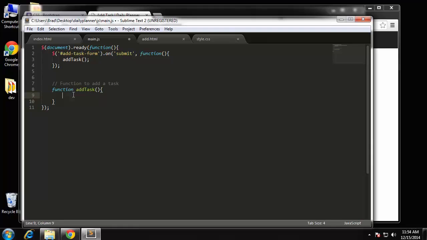And the easiest way that I can think of to create a unique ID is to use the date, the exact date, timestamp, even the seconds, so that they'll all be unique. Alright, so let's first do that. Alright, we'll say add a